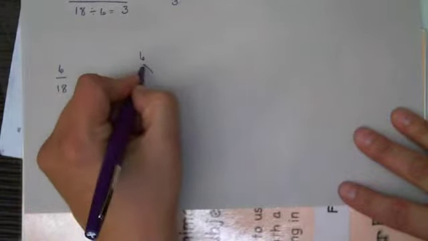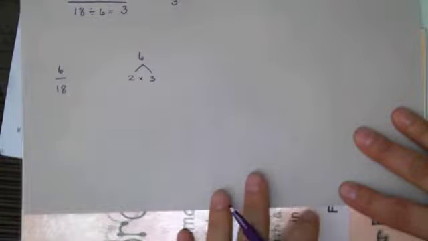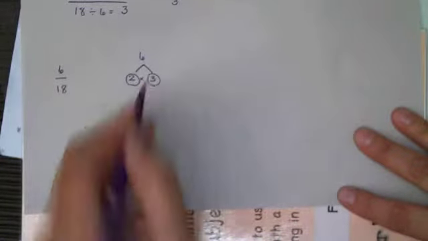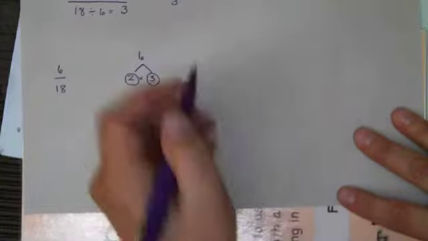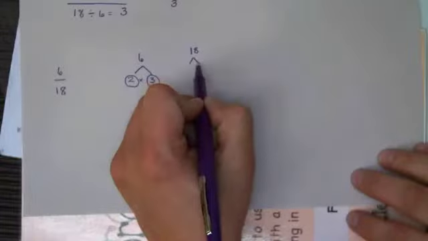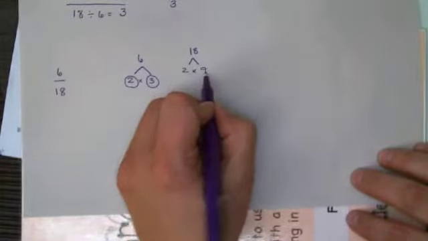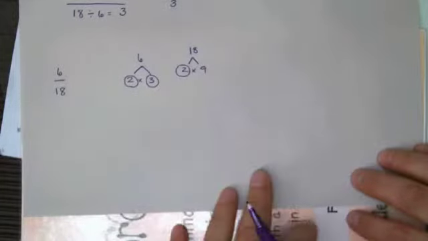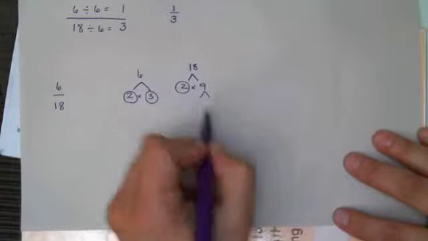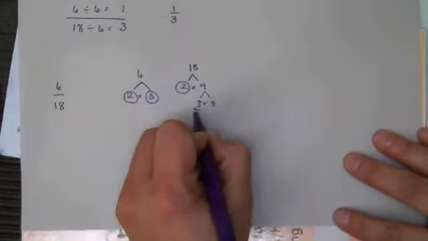So over here I have 6. Two numbers that multiply together are 2 and 3, and these are both prime factors. So I can circle them. So we're going to do the same thing with 18. We're going to make a factor tree. I'm going to choose the numbers 2 and 9 because I already know that 2 is a prime number. And now we just have to finish factoring out 9 into prime numbers, which would be 3 times 3,